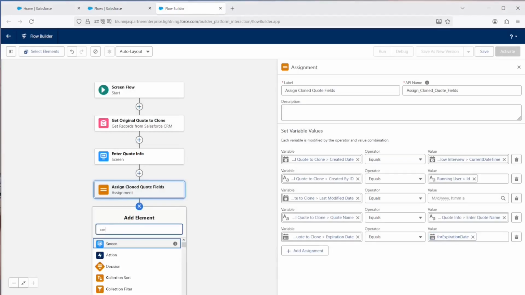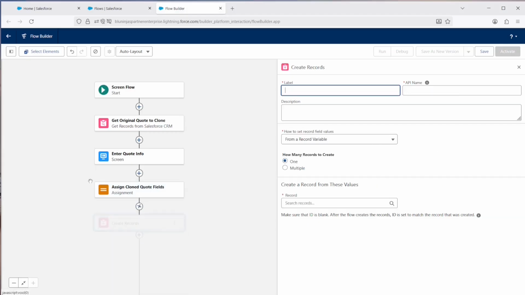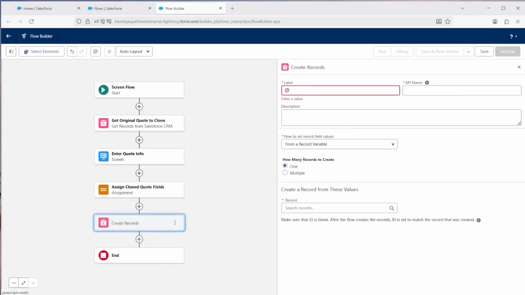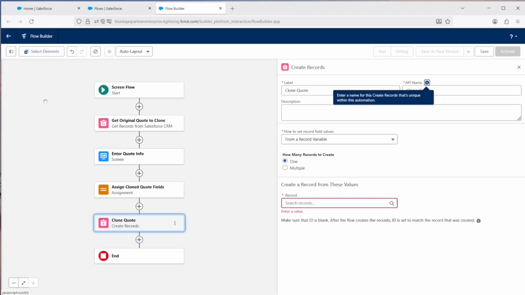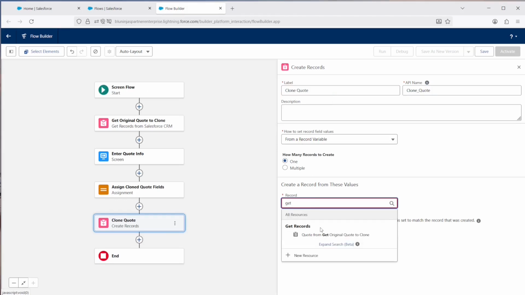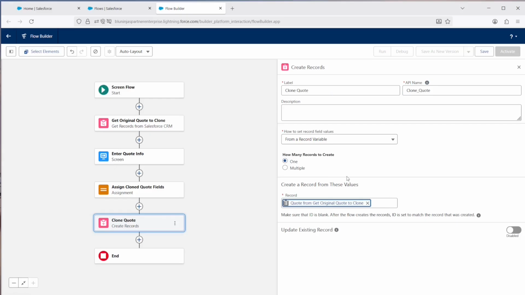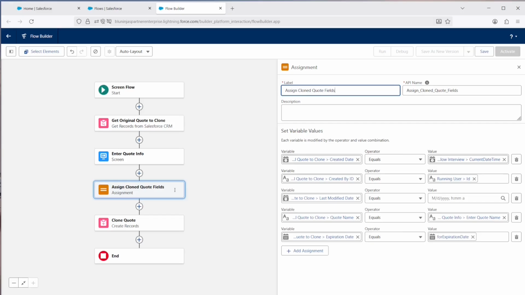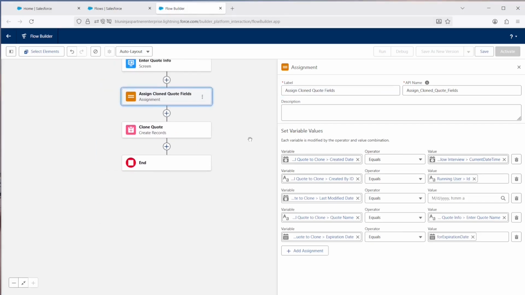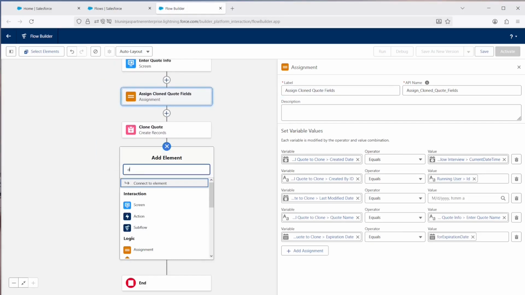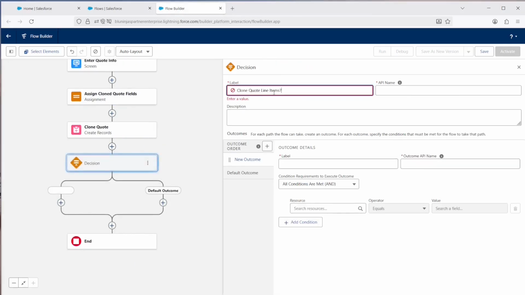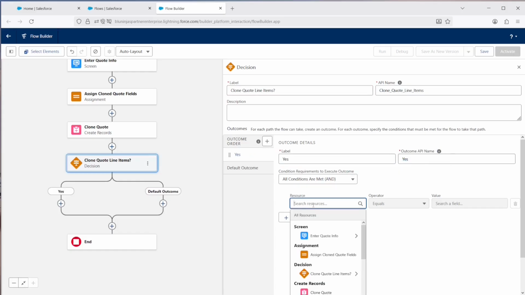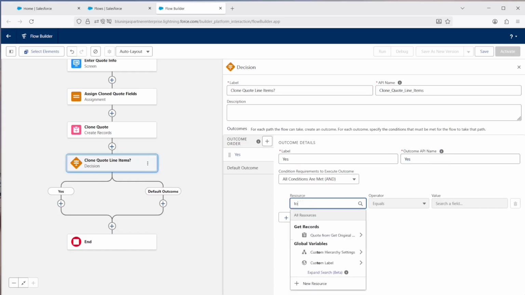Then I'm going to clone the quote. So I'm going to do a create records. And this is going to create a record from a variable right here. So it's going to just create that record and set these values will be different than the original quote. Now I need to see if I want to create the quote line items. So we're going to check to see if the toggle switch